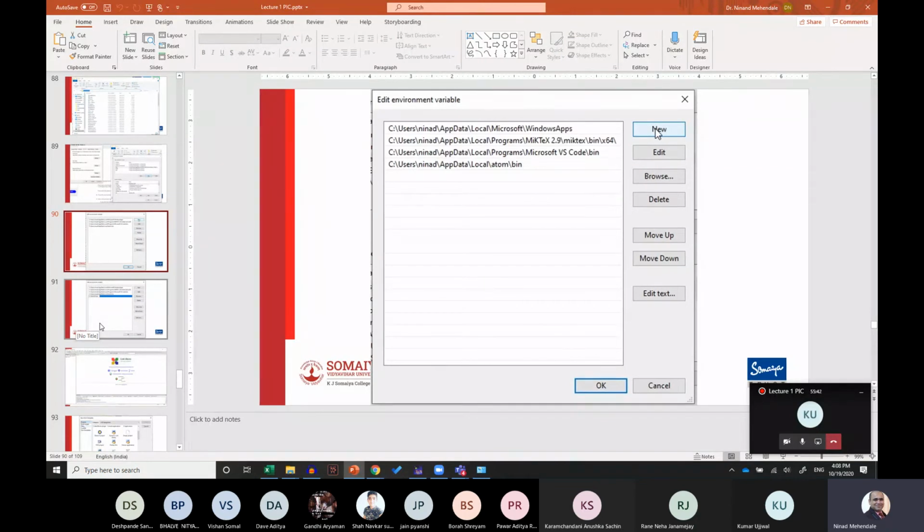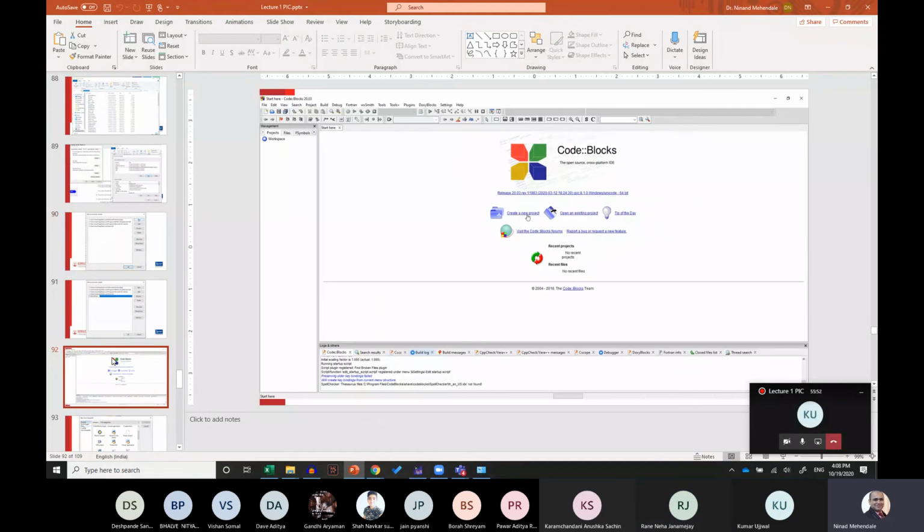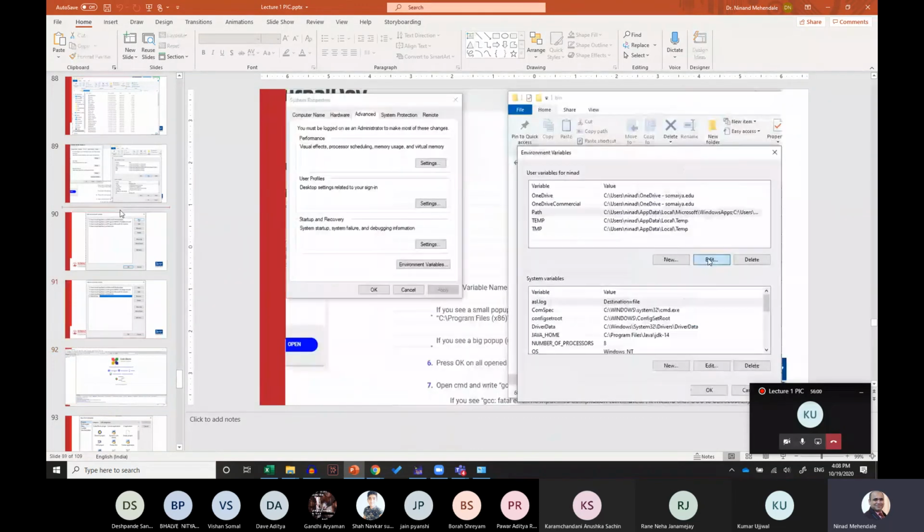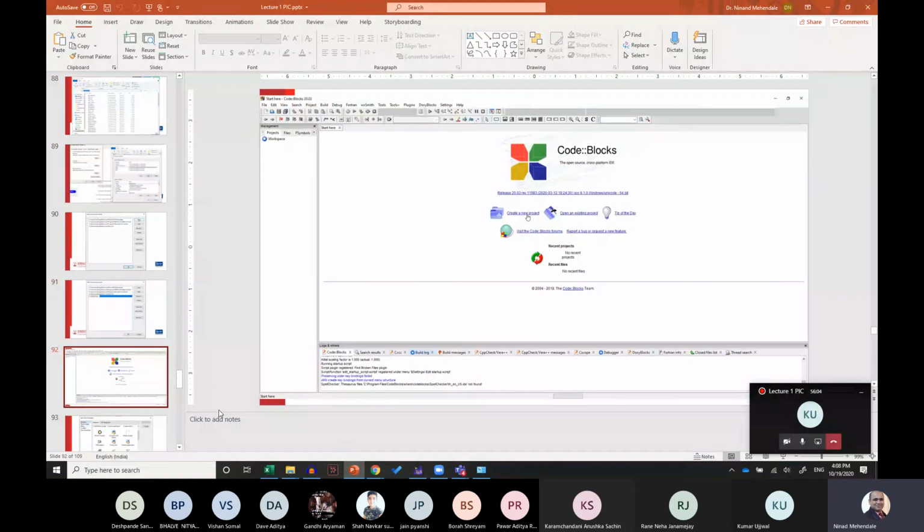This is not only the procedure for MinGW, but for anything else. And once you do that successfully, after opening Code::Blocks, you will not get any error. And if you are getting an error like GCC compiler not found, that means somewhere we have made a mistake in adding the system environment. So I will stop recording now, and if you have any doubts, you can ask.